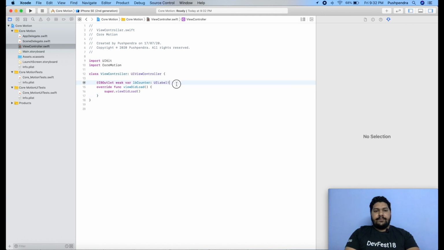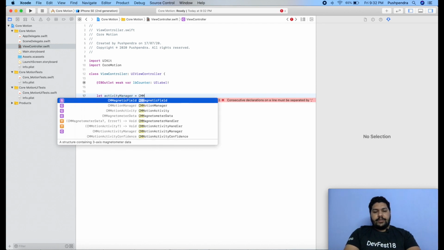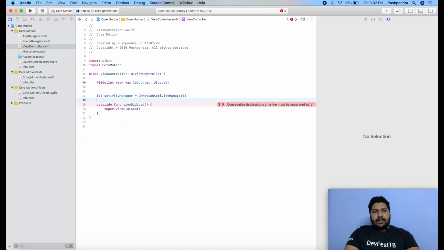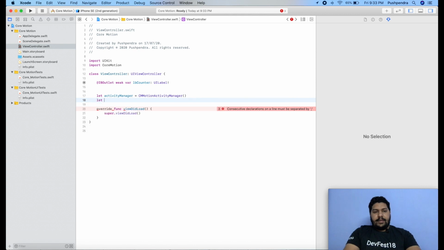So over here, I'll create a CMMotionActivityManager. Let activityManager equals, and it is of type CMMotionActivityManager. Okay, and I will create one more thing, let pedometer, and it will be of type CMPedometer. Okay, after that we will start our basic integration over here.